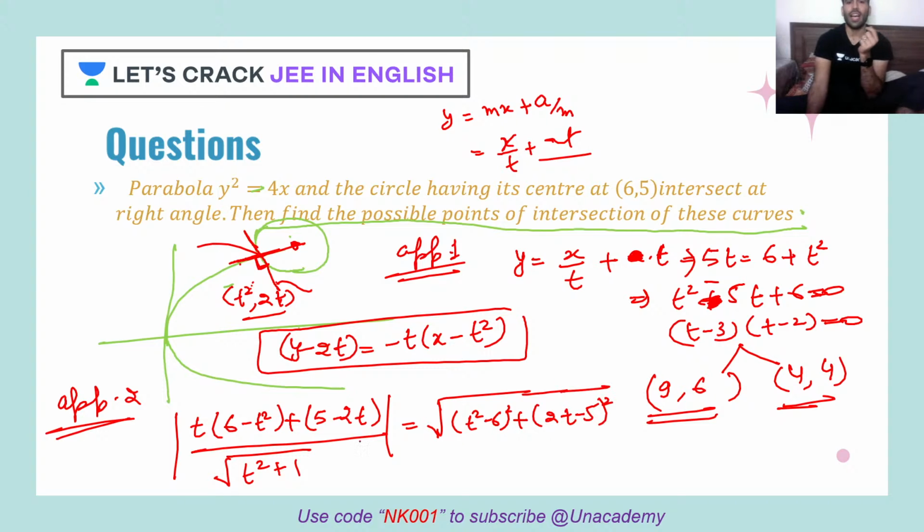So as you can see, again we are getting the equation in t, but look at the degree. When I square it, your right hand term will become t raised to 4, and then you will cross multiply with t square. So you would get an equation in t raised to 6, a 6 degree equation.